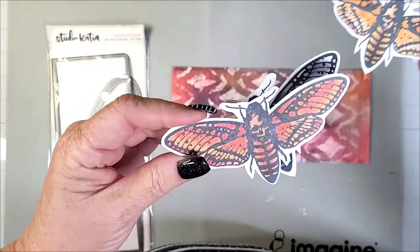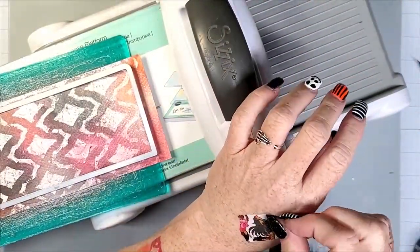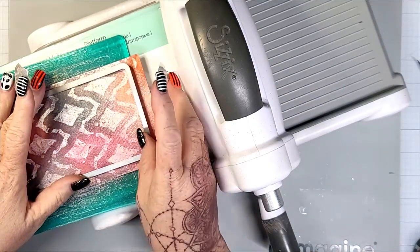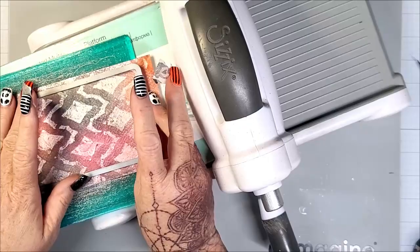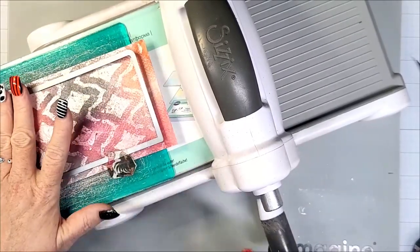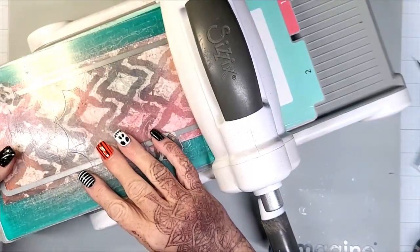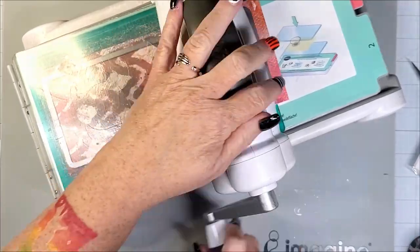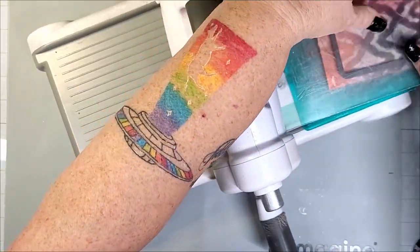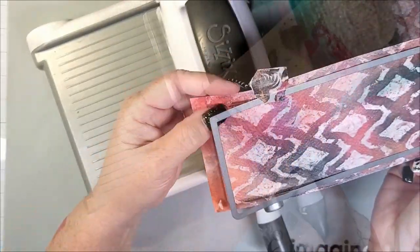And now I have this slimline die that I'm going to cut out this panel. Now the slimline will fit completely on my cutting plate, but I don't like it necessarily to go end to end because sometimes those ends don't cut properly. So I'll do one end, flip it around, and do the other. There's nothing wrong with that. It's pretty easy. When I do the other end, I don't usually run the whole thing through because I feel like it does, at least for me, risk kind of double cutting in the areas where you don't need to